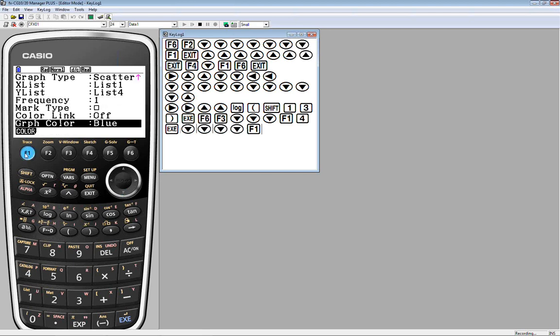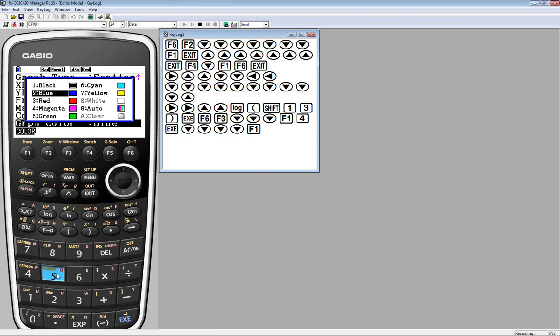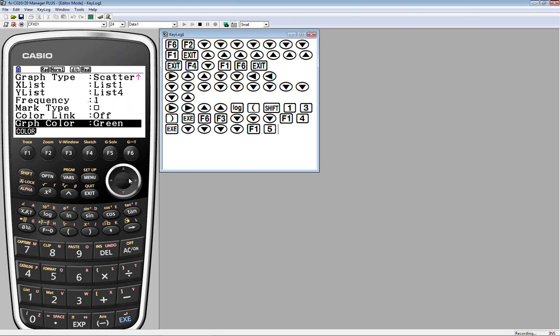So I'm going to have some fun and say, how about green for this one? Just another comment. You even have a choice here of changing some of the marks. And in fact, with green, maybe solid would be nice. Totally optional. Most importantly is that it's a scatter plot of list 1 and list 4.